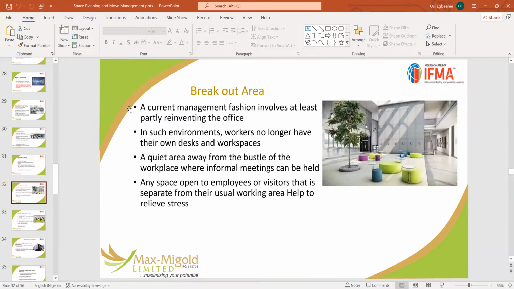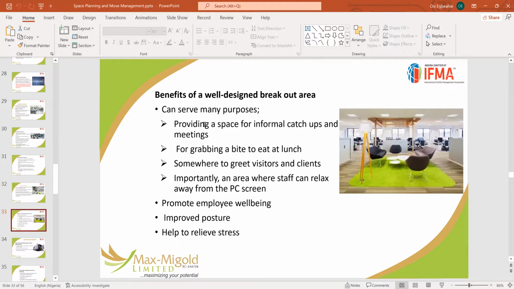Breakout spaces. Breakout areas are areas in the building where we have what we call semi-formal spaces, just putting couches where people can have short meetings over a cup of coffee. It's very important to make such provision in office spaces. It can also be a vital point for places where you have hot desks, so people can work there. Benefits of a well-designed breakout space can serve many purposes, providing space for informal catch-ups and meetings,